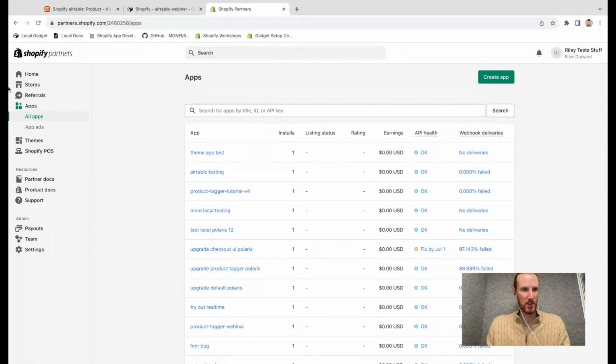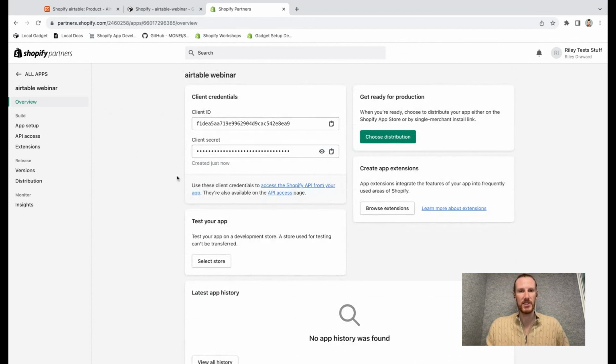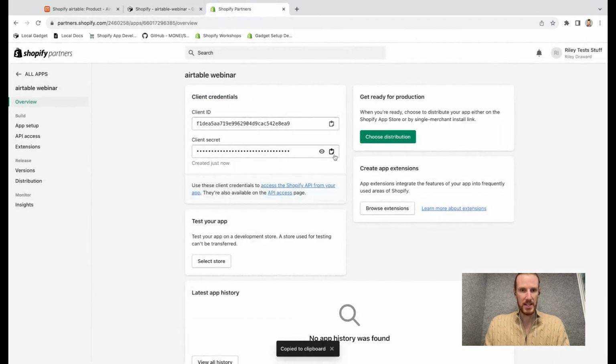So in my partner's dashboard, I've just gone to the apps page. I'm going to go ahead and create a new app, create it manually. Once again, Airtable webinar. So this creates an app on the Shopify side, and now I just need to copy these client credentials over to my Gadget app. I'm going to copy my ID and secret,